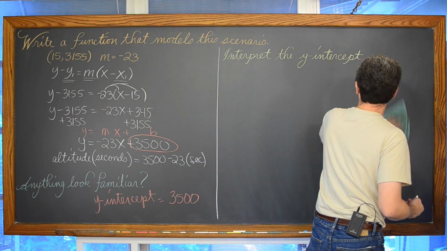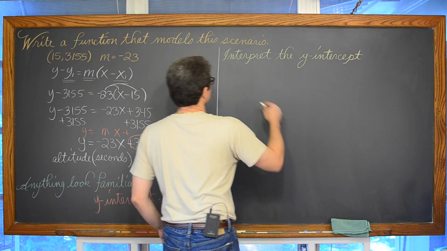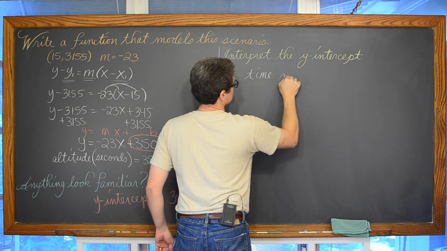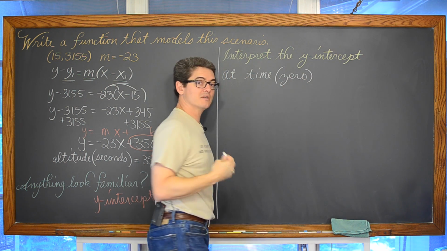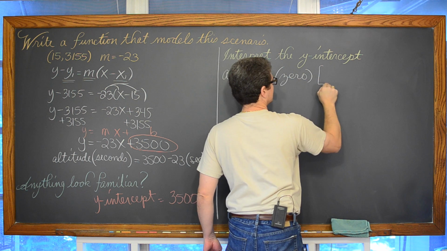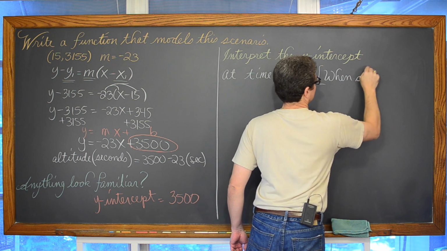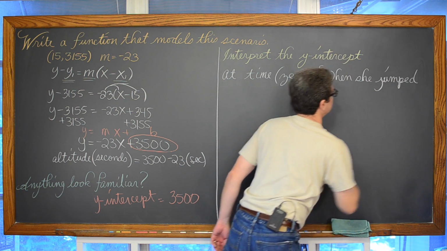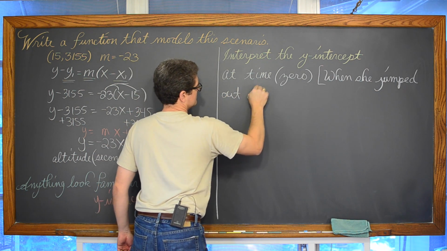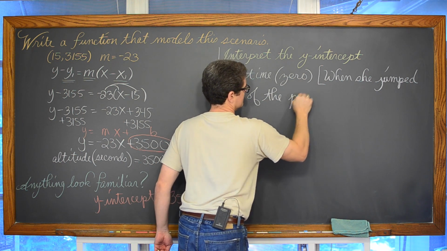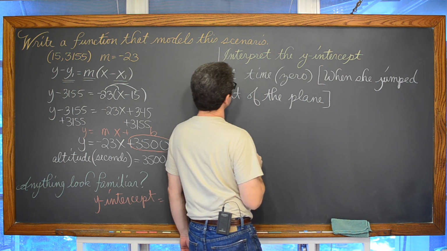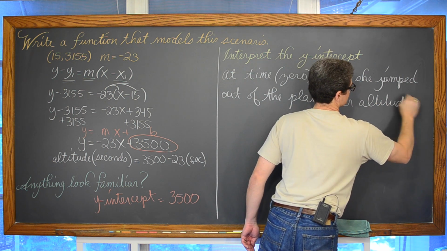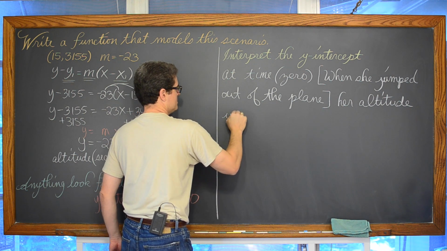So the interpretation of the y-intercept is at time 0, or when she jumped out of the plane, her altitude, how far she was off the ground, was